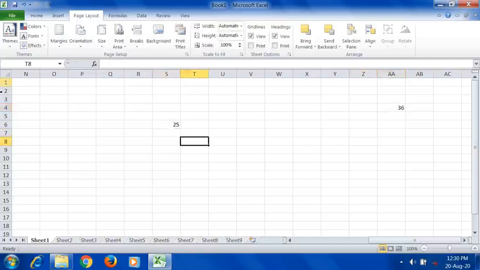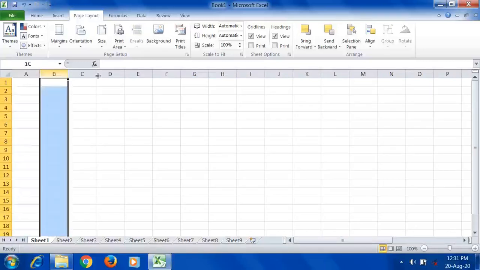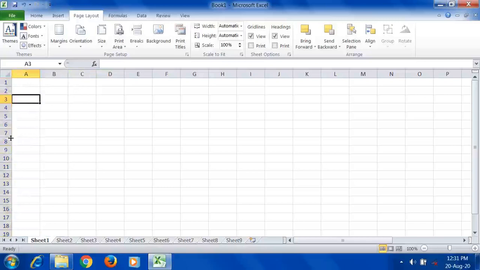And these are the row headings 1, 2, 3, 4. I already told you 10,48,576 rows are there. These are the row headings, and these are the column headings, represented with alphabetical letters except the last column. And the tab scrolling buttons. These are called tab scrolling buttons. And this is Ready. This is called the status bar.